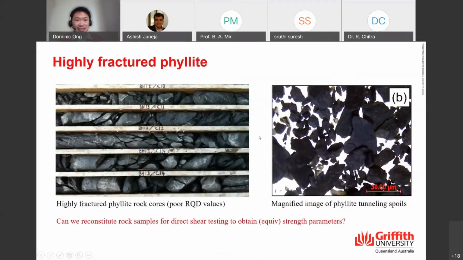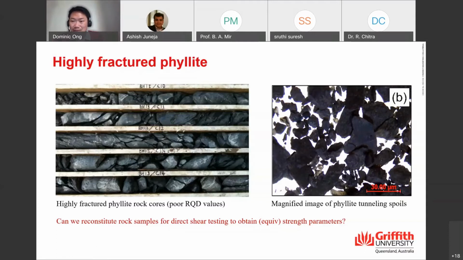So the highly fractured phyllite is what we're going to zoom into now. If you look at the phyllite tunneling spoils, you can see that they have edges, okay, actually quite sharp edges, and they're not spherical at all, unlike sand. So if we were to reconstitute the tunneling spoils into our direct shear, how do we actually obtain the